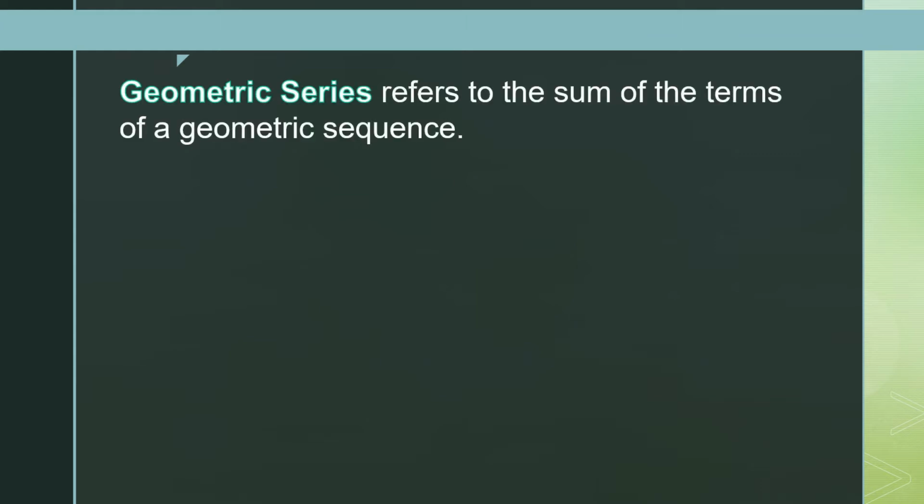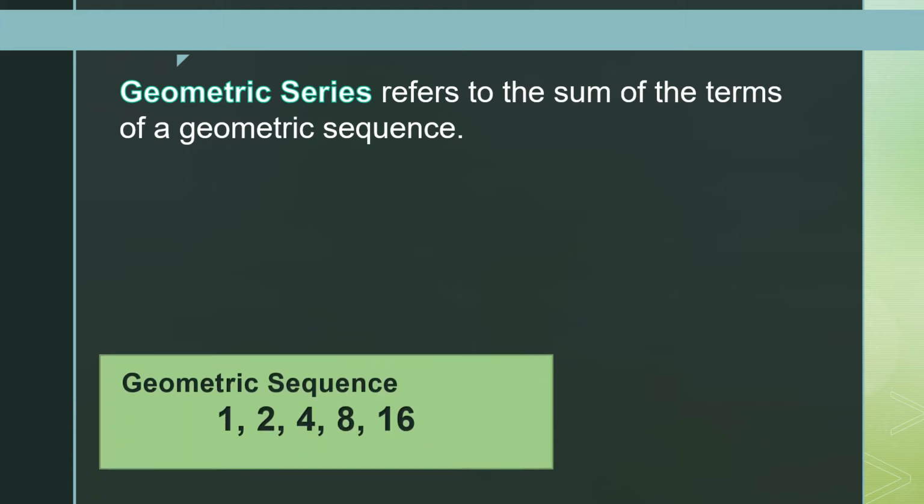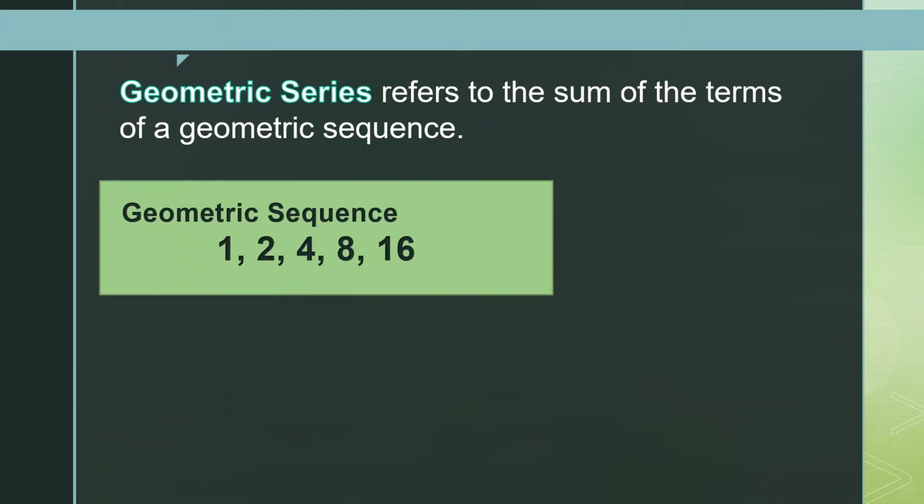Naman natin ang geometric series. Simulan natin sa definition. Geometric series refers to the sum of the terms of a geometric sequence. Ibig sabihin nito, kung meron tayong geometric sequence ng 1, 2, 4, 8, 16, ang katumbas niyan sa geometric series